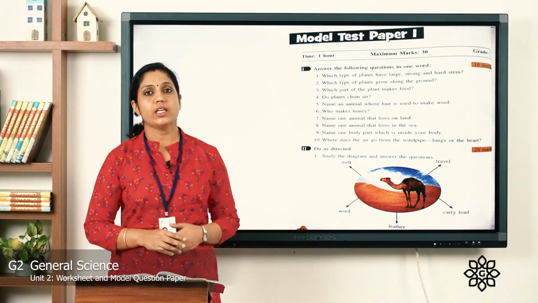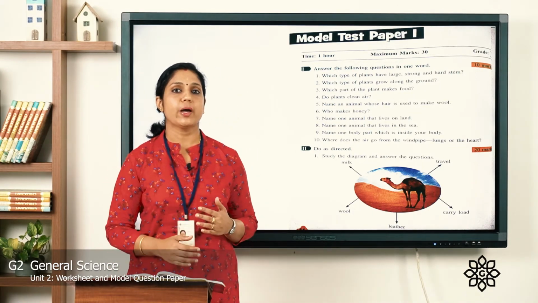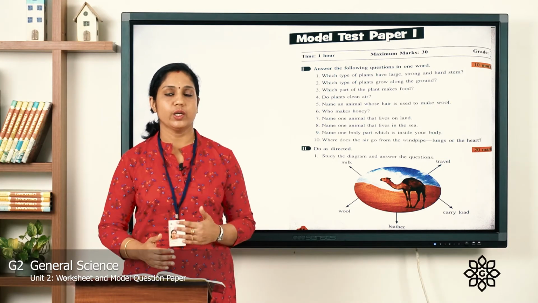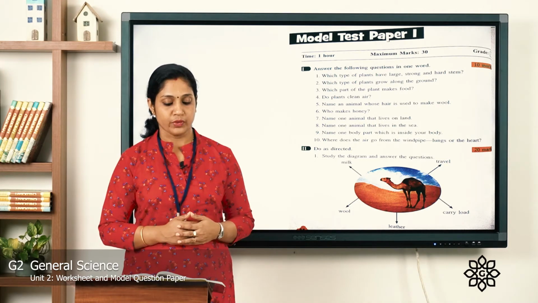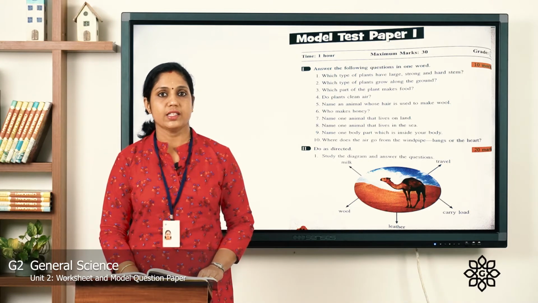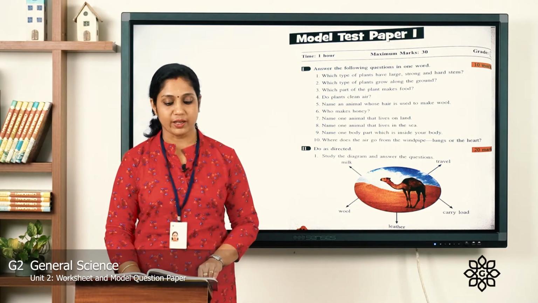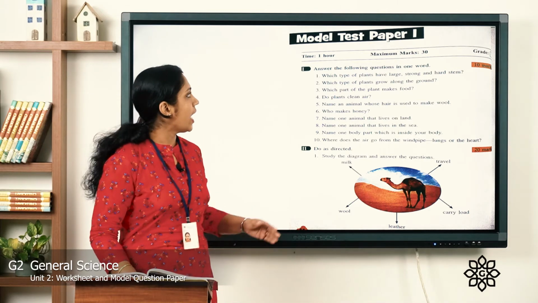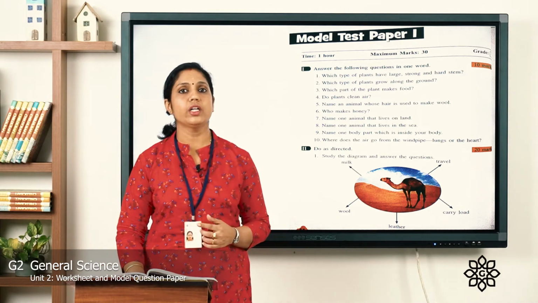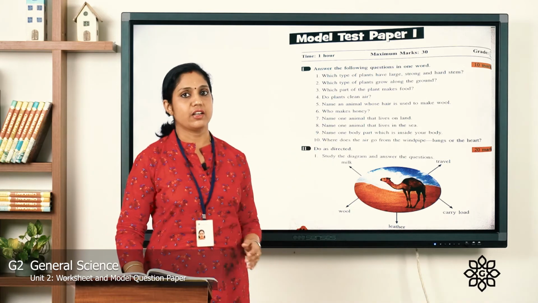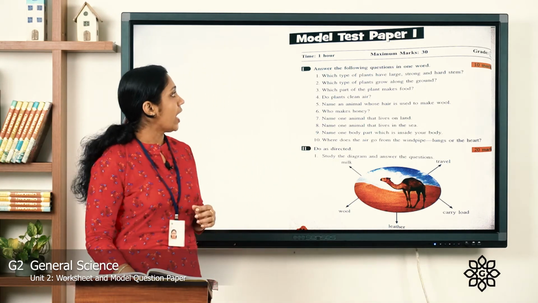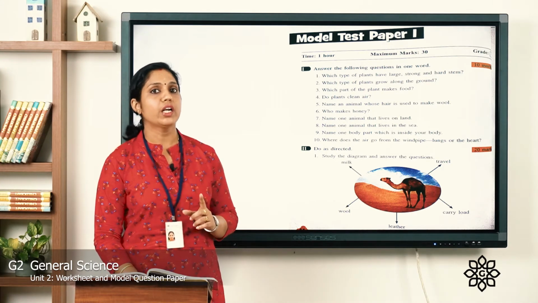We have a model test paper, that is from chapter 1 till the last chapter we have learned. The questions are included in this question paper. It's given in a question paper model itself. We have 1 hour time, maximum marks is 30. Now let's answer the following questions in one word. You can write it in the text itself. It is just to write in a one word. So what is the first question? Answer the following questions in one word.